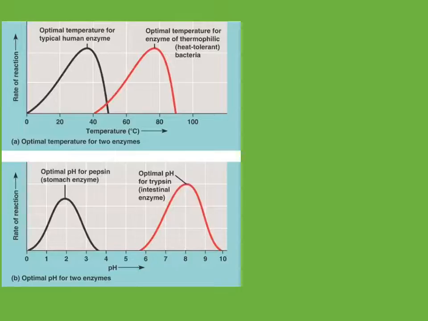And below the first one, you have the optimal pH for pepsin. That is an enzyme that acts best in acidic medium, for the first black graph. The second graph, which is red, is the optimal pH for trypsin, which is an intestinal enzyme. This is an enzyme that normally will act in the small intestine, where the pH is alkaline, from the pH scale